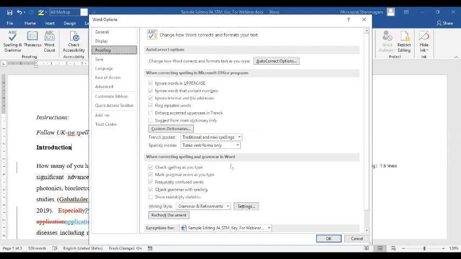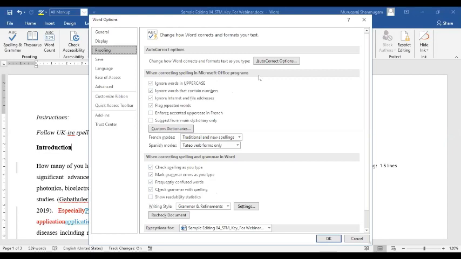Check spelling as you type, mark grammar errors as you type, frequently confused words, check grammar with spelling, show readability statistics. This is not part of our basic spell checking, so it is not a default mechanism. Also, you can see on the top, when correcting spelling in Microsoft programs, you can tell MS Word not to consider certain things as errors.